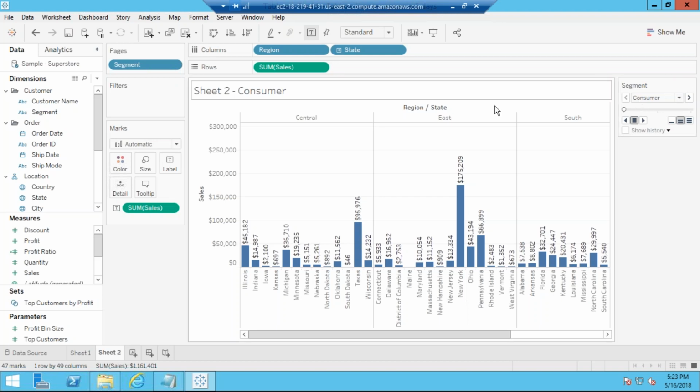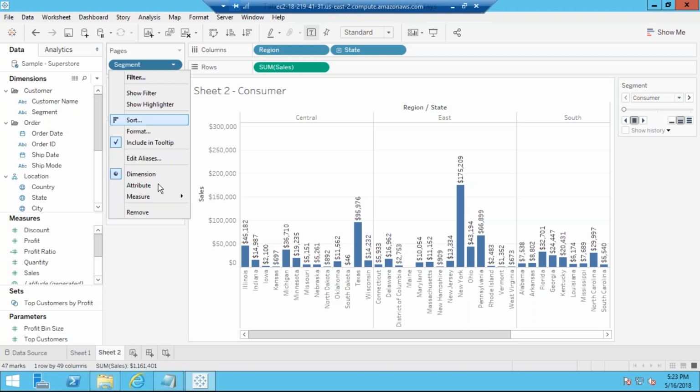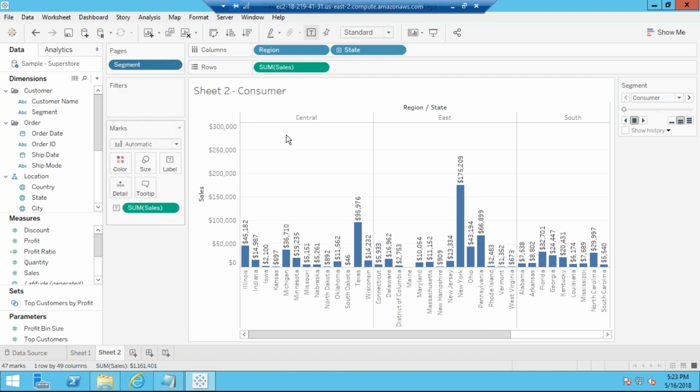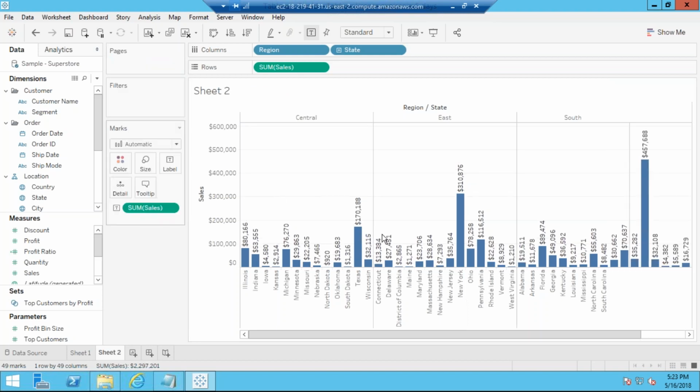Okay, so this is what you're getting here. Now, if you see, I didn't understand what is pages. Yeah, that's what I'm telling. Earlier you were just having hide. Suppose that there is nothing here, so let's say I'll remove it. So this is your view. This is your view by region, state, and sales.